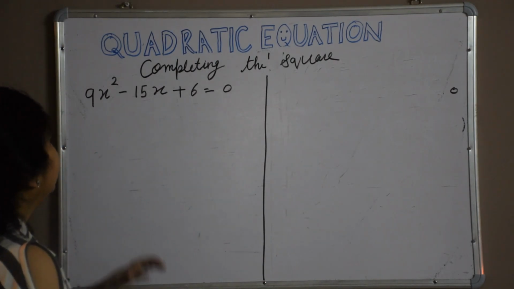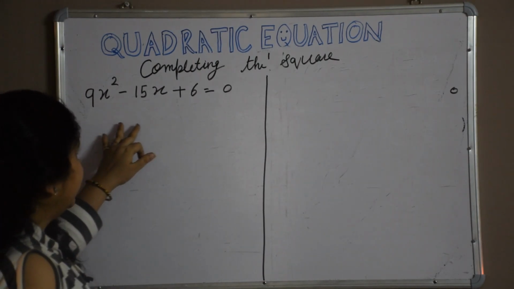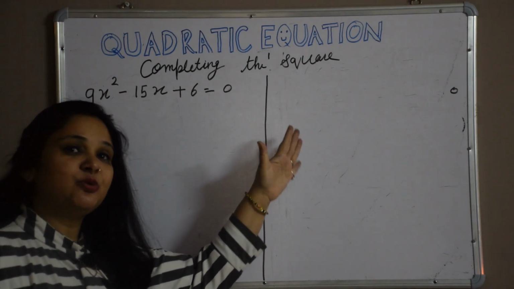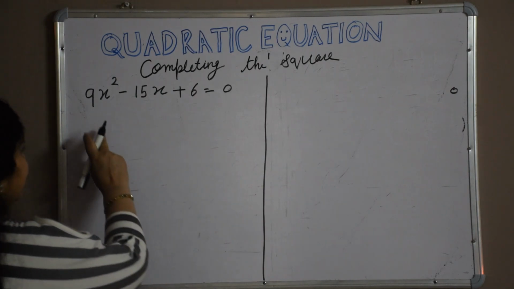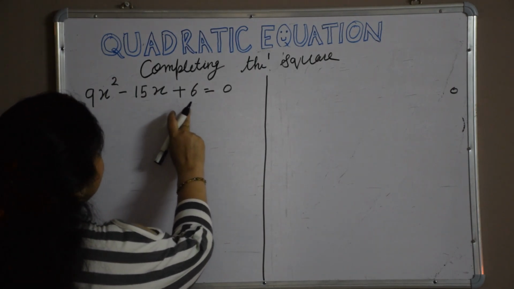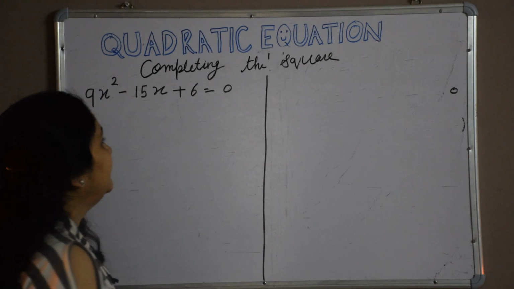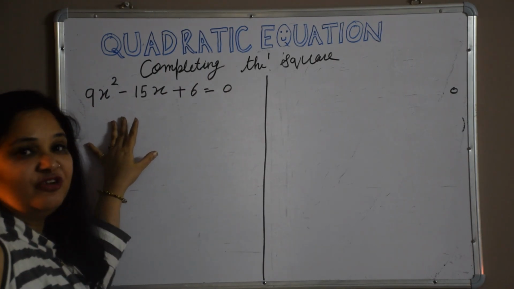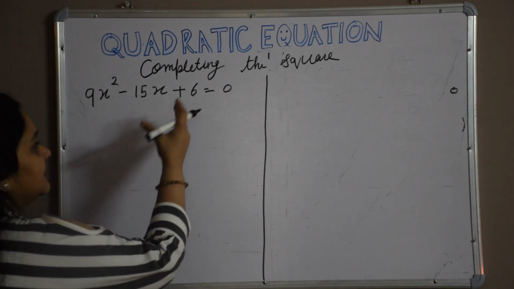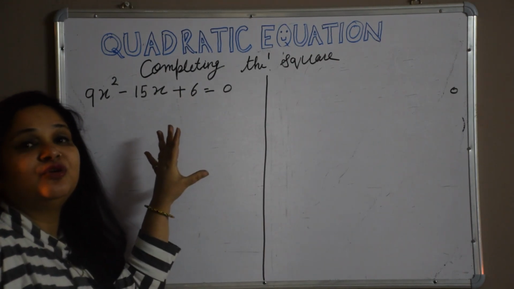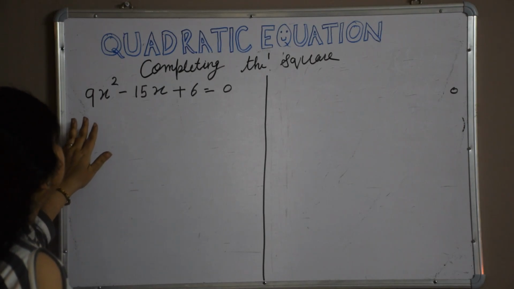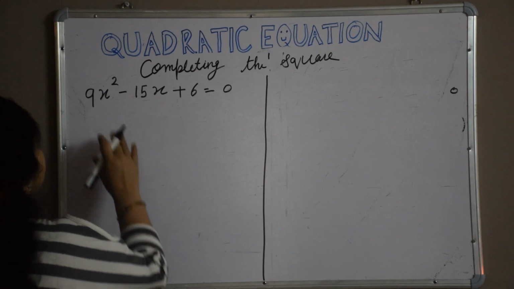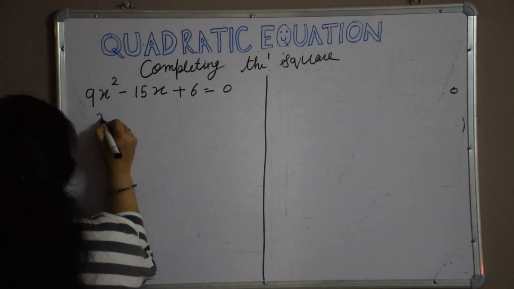Now we will take another question of quadratic equation, and we have to solve the quadratic equation by the completing the square method. So the given quadratic equation is 9x square minus 15x plus 6 is equal to 0, and we have to solve it by completing the square. So our aim is to make a perfect square, and we have to follow the same steps. First of all we have to make the leading coefficient 1, so dividing the whole equation by 9,